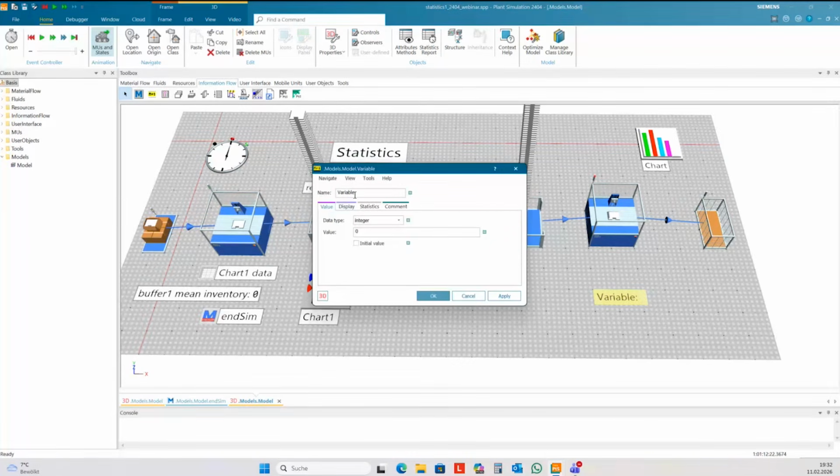And I create some variables: jobs per hour, Station 2.